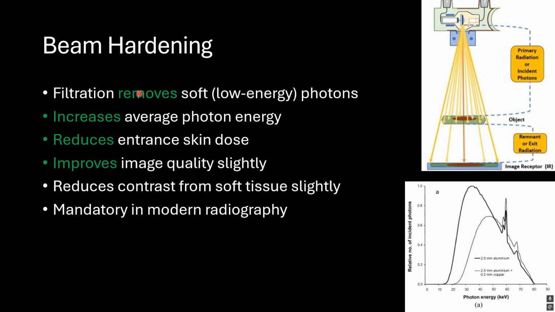It means that we have a higher average photon energy. In this case, the beam is getting hard. It means it has a higher number of photons having a higher energy. Let's see this example here. This is our spectrum here, and when we filter this spectrum, we will have fewer photons because we removed low photon energies from our beam or from our spectrum, and these low photon energies are out of our spectrum, so the average will be higher compared to the non-filtered